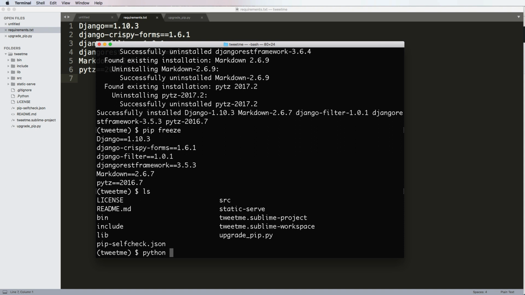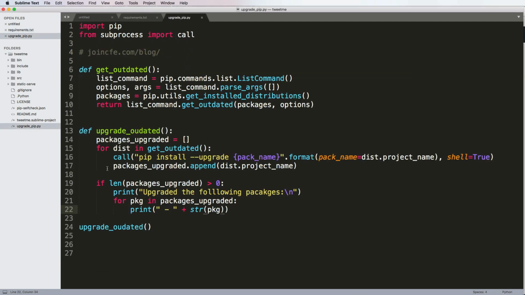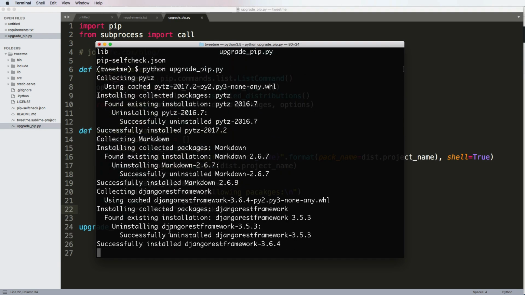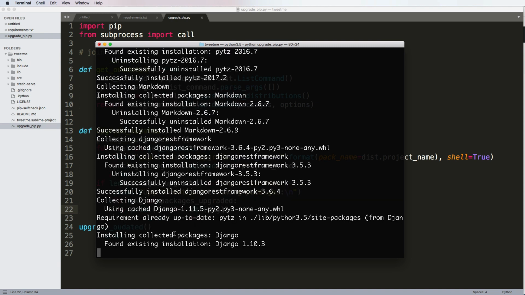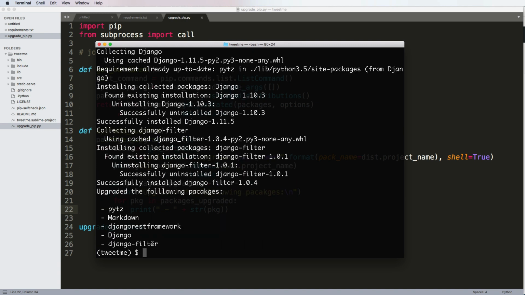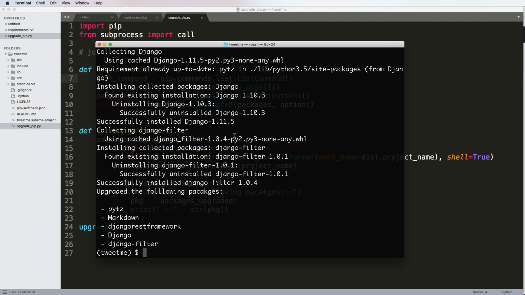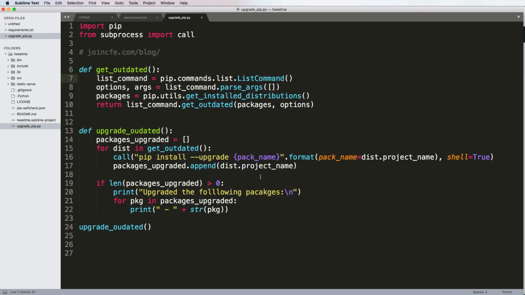And now if I run that again, python upgrade_pip.py, it's actually going to do all of the upgrades. It's going to run through everything here, and it will do it successfully for us, right? As we see. Cool. So we have our upgraded packages, and they're all in there, but requirements.txt is still the old version. Well, that kind of makes sense that it would be the old version. Now, what we would have to do here is actually upgrade and update these to be on requirements.txt, but then